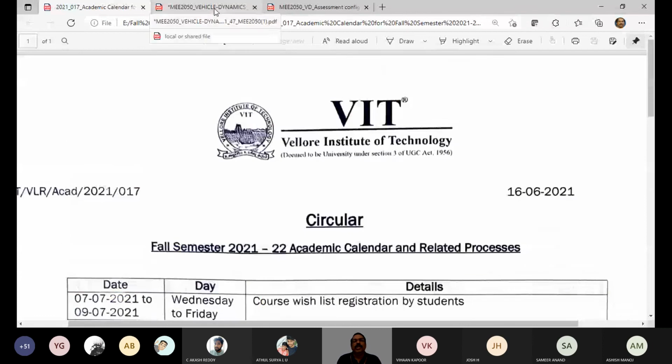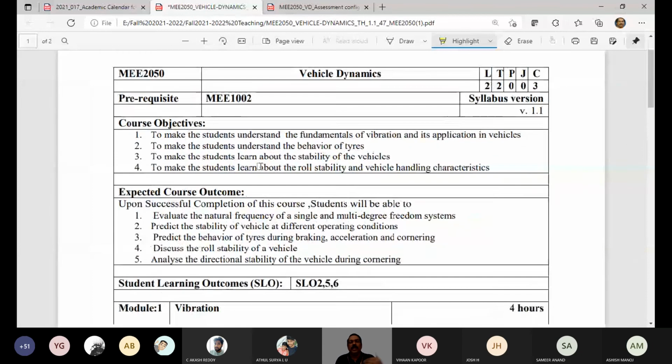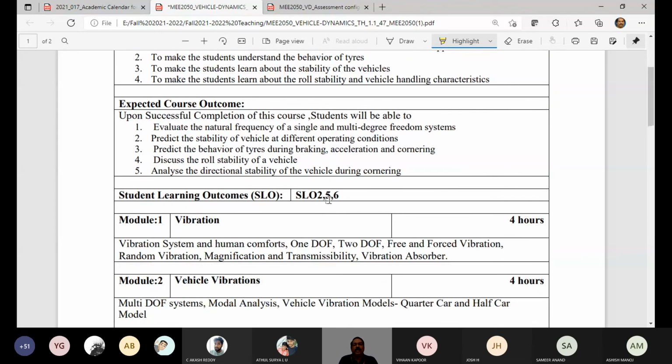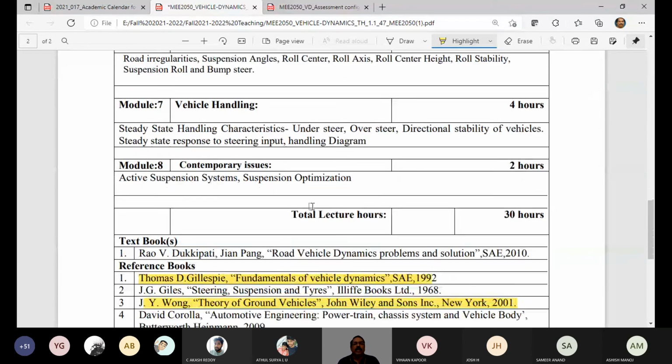And then the course syllabus, if you look at it, is now going to get revised for the new curriculum of the batch that is going to get admitted now. Maybe your batch is the last batch to go through this. Content-wise, whatever revision is made is not much changed; maybe it is organized in some logical flow, right? So there are 7 modules, and one module is what we call contemporary issues, maybe some advancement in the course and related practice in the industry.